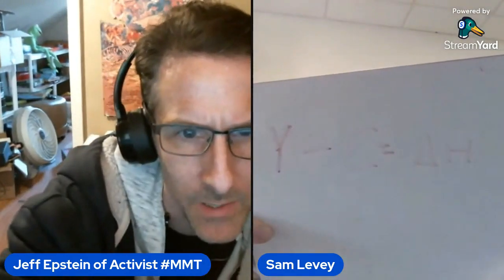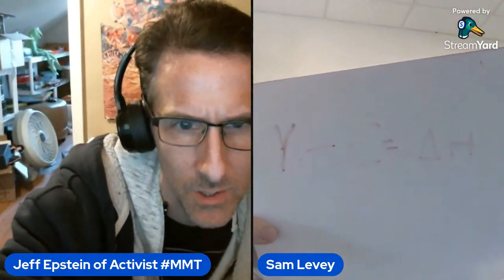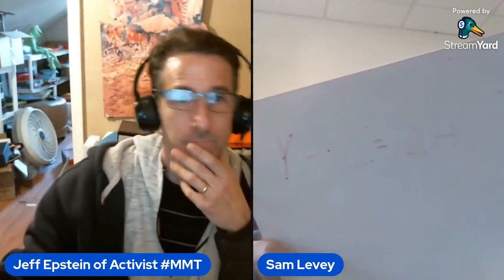Okay, so Y minus C equals change in H. So this is saying if you spend less than you earn, then your money will increase. Okay, so Y minus C, so 10 minus 5, I earn 10, I spend 5, so change in H equals positive 5. On the other hand, if you spend more than you earn, so I earn 5, you have less money. Spend 10, delta H is negative 5. Yeah, exactly. Okay. So that's that.